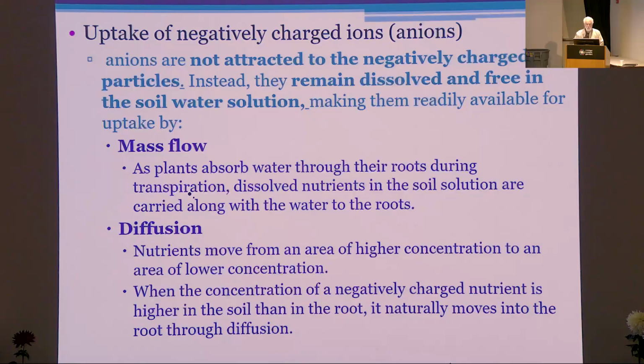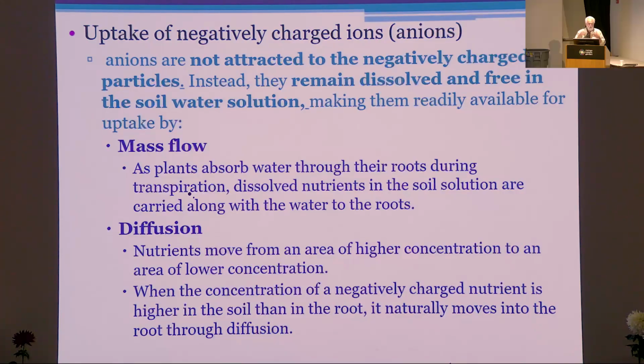Negatively charged ions, so these are things like nitrate, for example, are absorbed by the roots in a slightly different process. The negatively charged particles are not held by the clay particles, and instead they remain dissolved in the water, the soil solution, and they can move into the plant roots in two different ways. One is by mass flow, so as the roots are absorbing water, and usually this is a process that occurs as the plant is losing water through evaporation through its leaves,